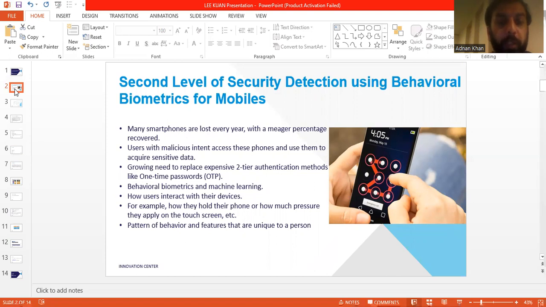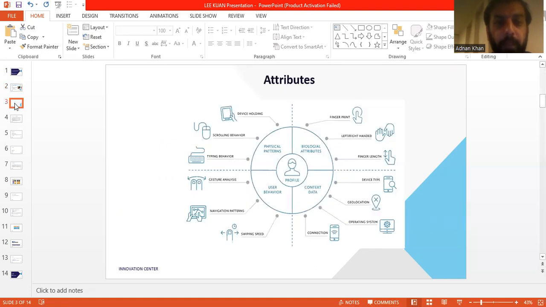What we are basically doing is collecting how users interact with their devices. For example, how they hold their phone, how much pressure they exert on the touch screen, etc. We find the patterns, behaviors and features that are unique to a person. There are numerous attributes that are unique to a person.